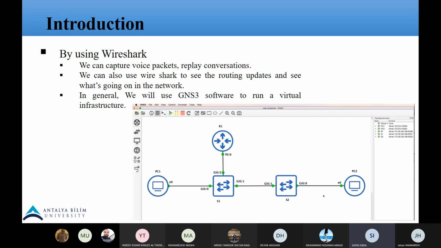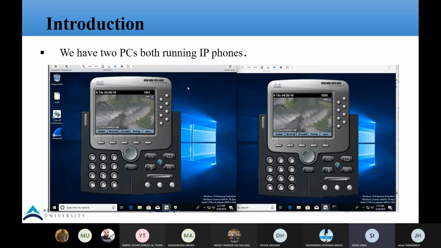So in general, for the virtual infrastructure, as you can see from the figure, there are two PCs, one relay and two switches. We're using GNS3 software to run a virtual infrastructure, and a point to be noted here is that Wireshark is very compatible and is already integrated into GNS3. So we have two PCs. This is PC1 and this is PC2. We can see